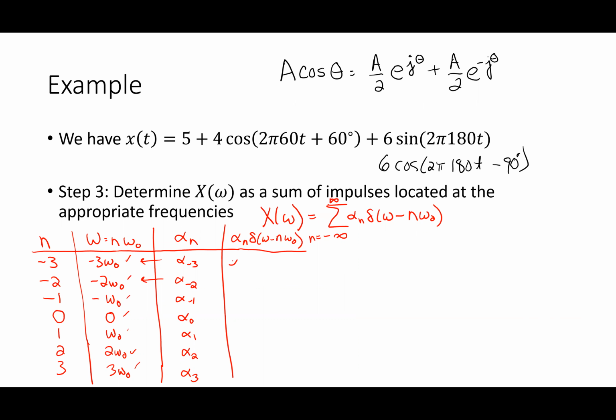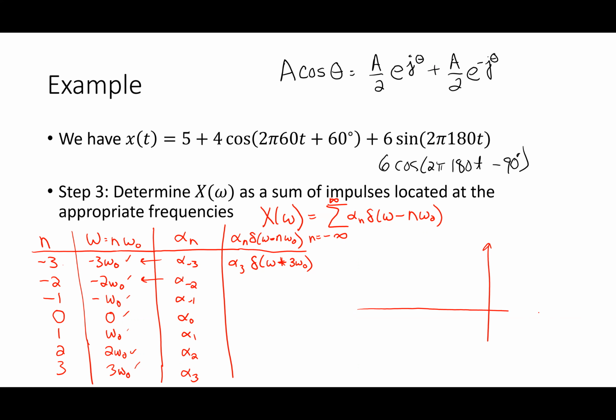So that means I have alpha 3 times delta of omega plus 3 omega naught. Now notice it became a plus because this is written as minus, right? So the omega value that I'm talking about is minus 3 omega naught, because this is for n equal to -3. So that means this becomes a plus sign, okay? Which means,